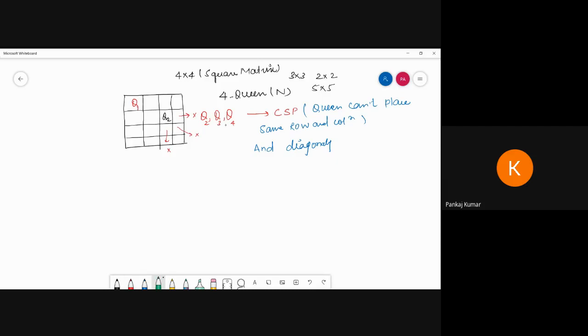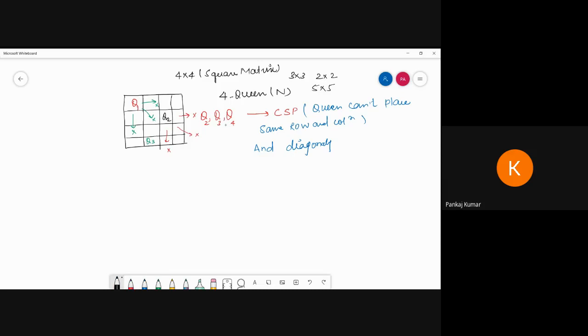Compared to this queen, we cannot place in these positions, and the diagonal direction is not possible. So there is one chance where I can place Q3.